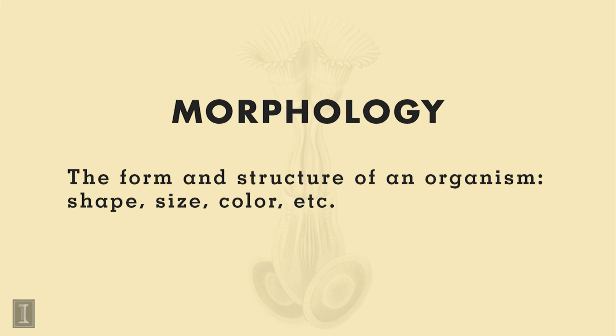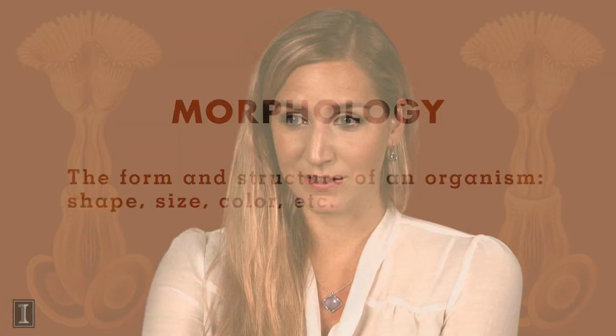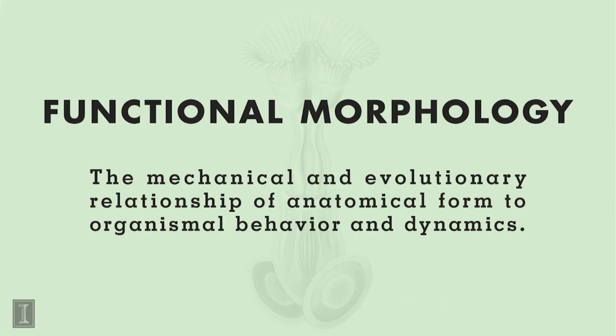Okay, so to clarify what functional morphology is, we have to start with a description of morphology. What does that word mean? It's the observable characters that you can deduce from looking at even just a fossil, or you could look at a living organism and describe its morphology by noting the color, the pattern, the shape, the size, the symmetry of those observable features. So that's morphology. And functional morphology is studying the relationship between that structure that you've observed and the function